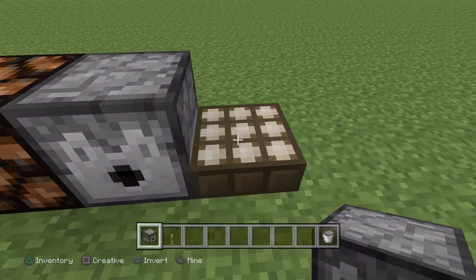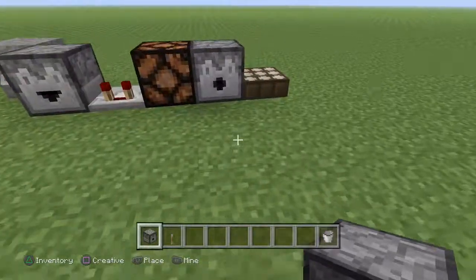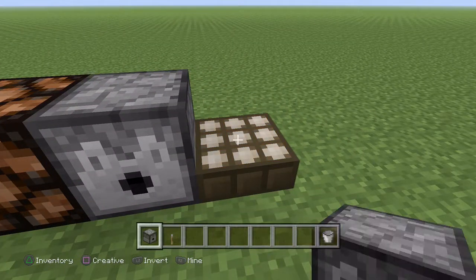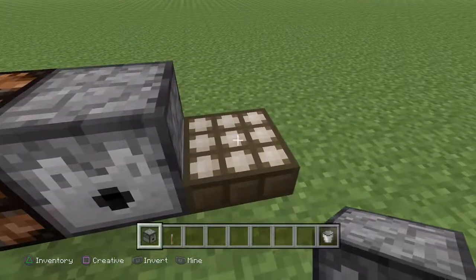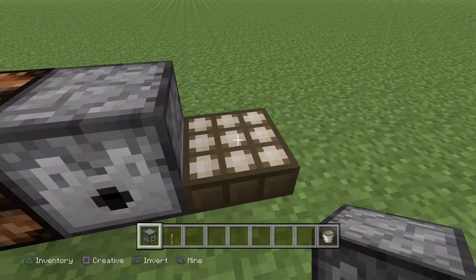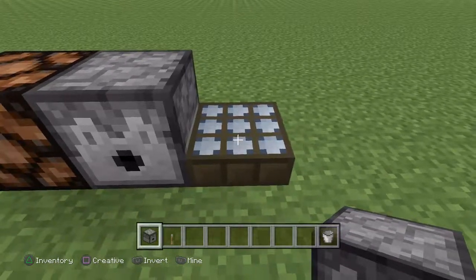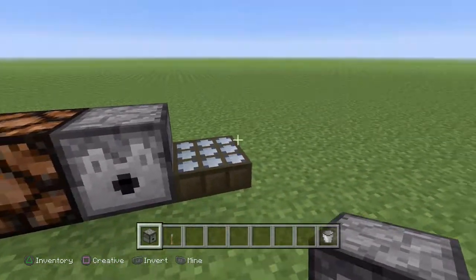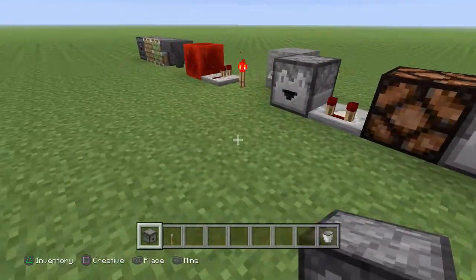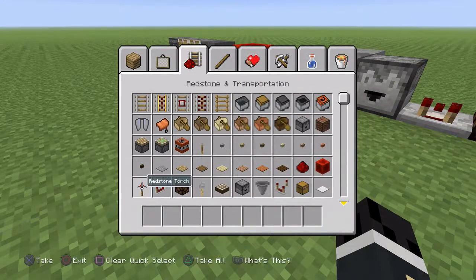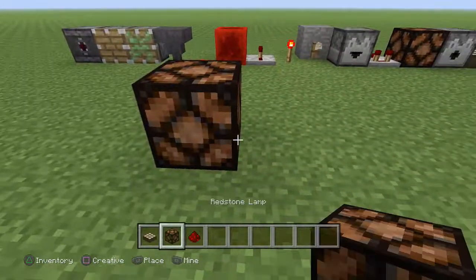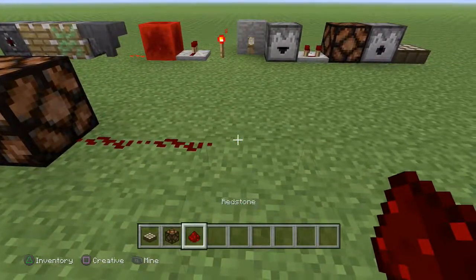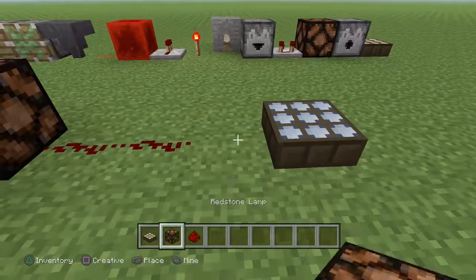And a daylight sensor, you can change it. So if it's daytime, it will activate the redstone when it's set to the daytime. If you turn it to the blue one, it will activate the redstone when it's nighttime. So if I just grab one and I set it to nighttime,